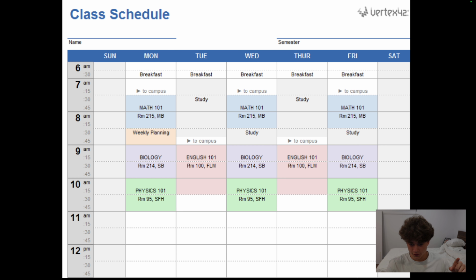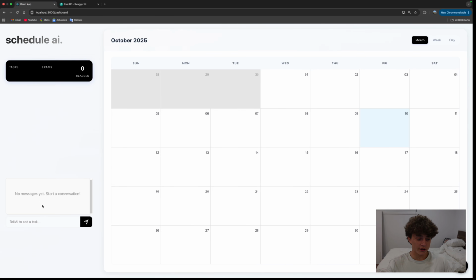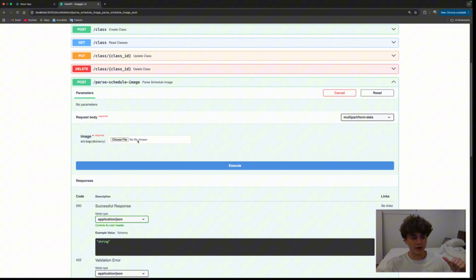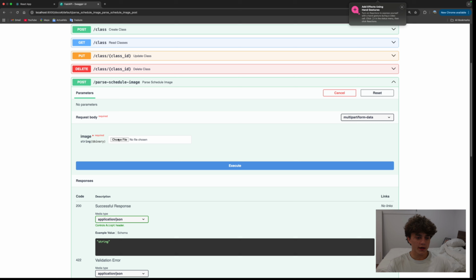So let's see. We're gonna go back inside there. I didn't actually build a place where you can put your actual image inside of the front end, so I can only call it using endpoints like I've talked about before. So you have this part here when you use FastAPI, where you can just call endpoints straight up without having to implement it inside of your front end. And so we're gonna choose the schedule I just showed you, and let's see. Now we execute,